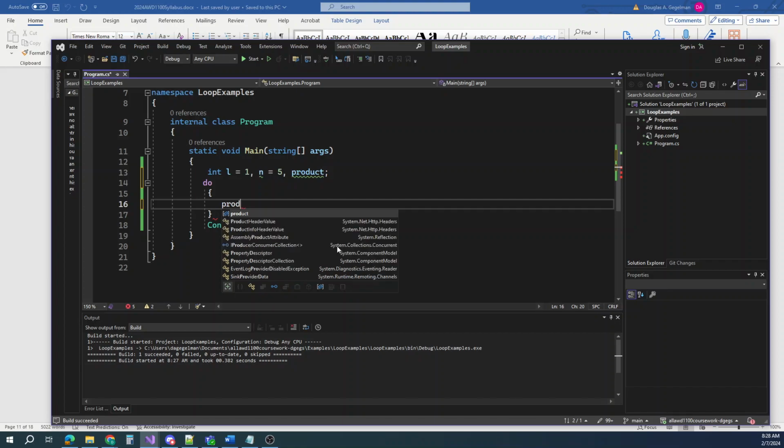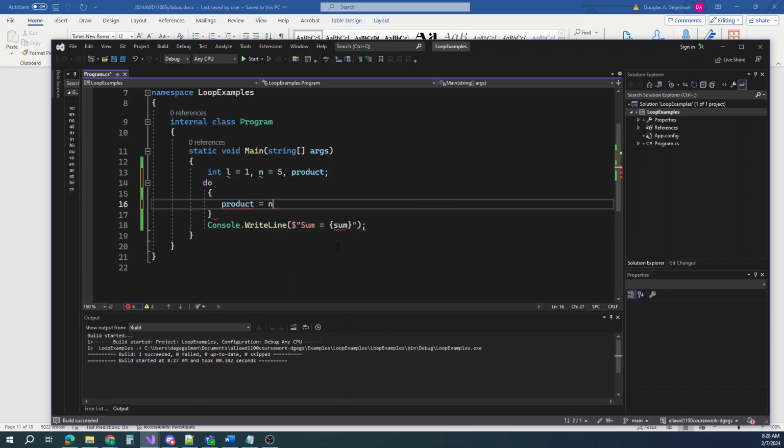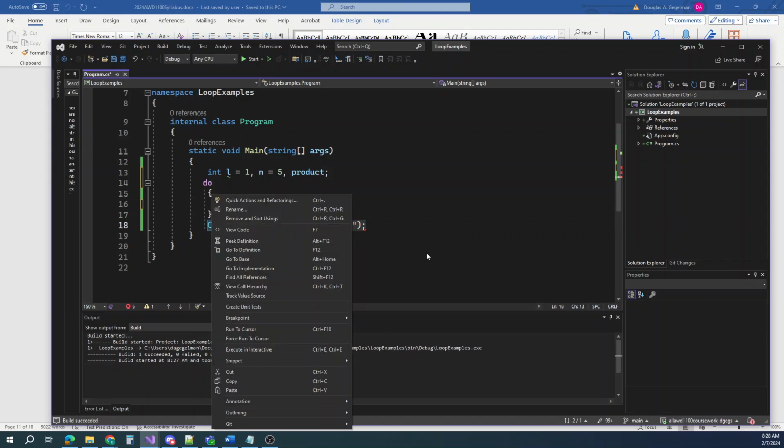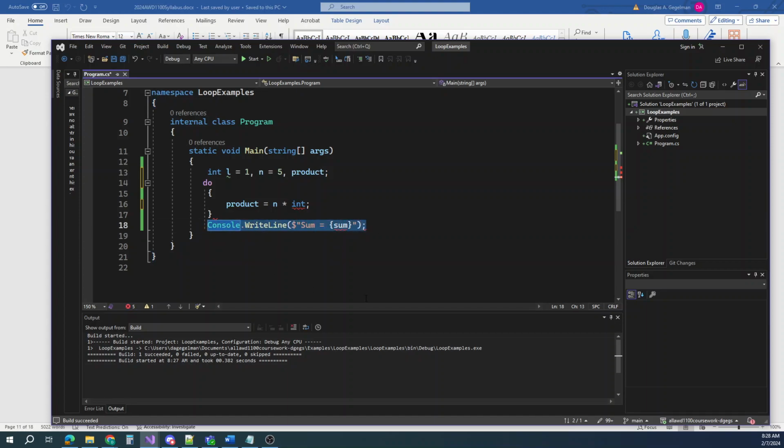So I'll do product equals n times I. And then I'll put a console.write line right under that. I'm just going to cut this one out of here since it's already kind of sitting here and I don't need it there. I got to change my wording up. I'll go back old school this time again. I don't like doing this. It's a lot easier using string interpolation, but